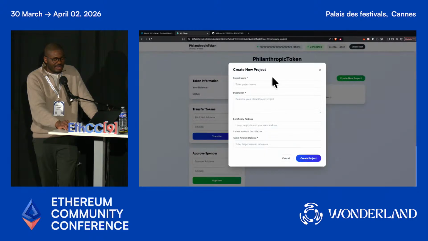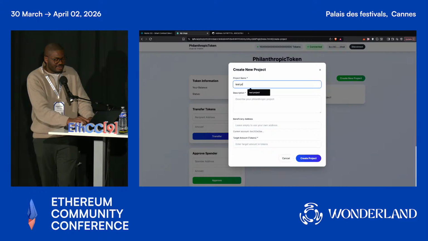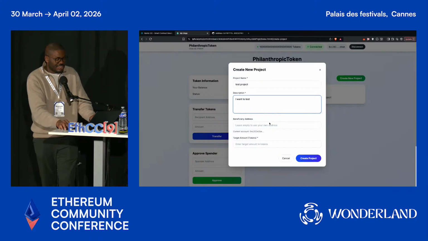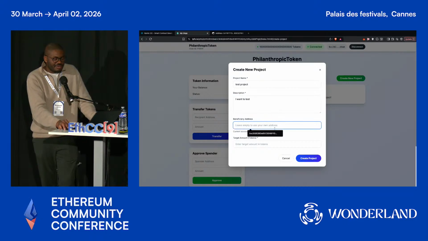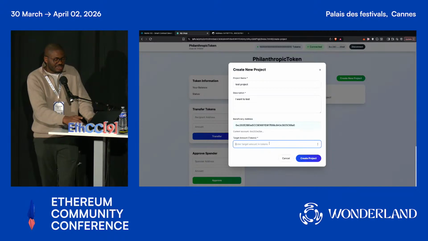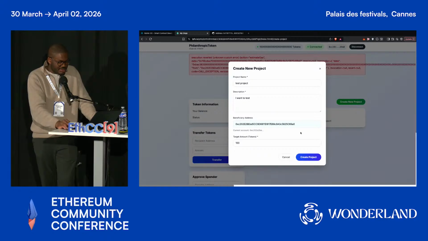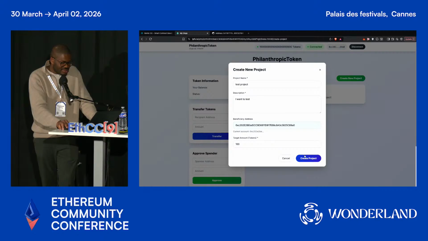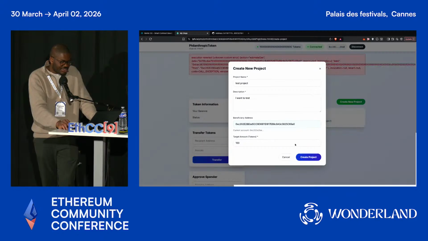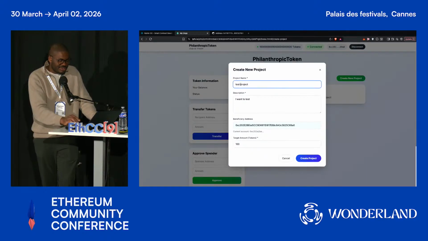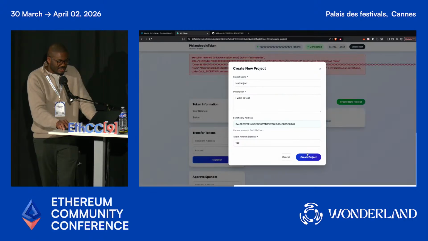And now I can create a project. I can say this project I want to test. And now you can also specify the beneficiary of the philanthropic project. And the target amount also, let's put this to 100. What did I do wrong? Let's create again. Oh, I guess I know what the typical problem is. Yeah, I mean,